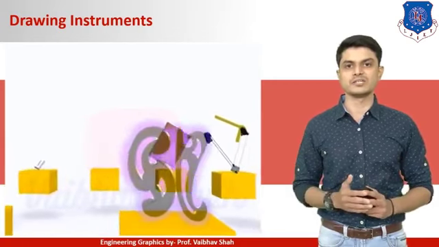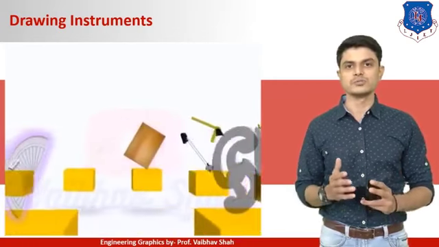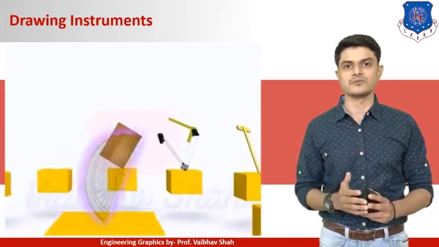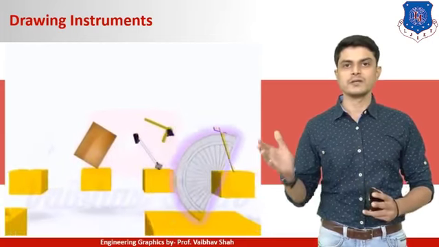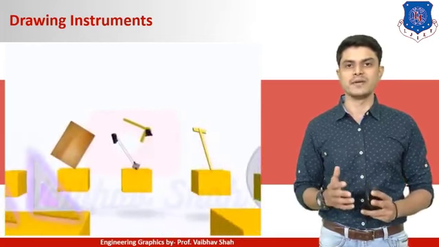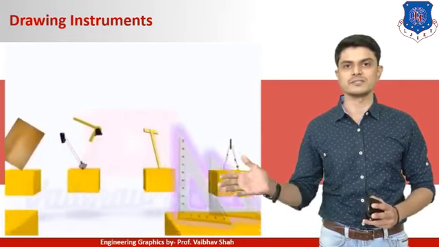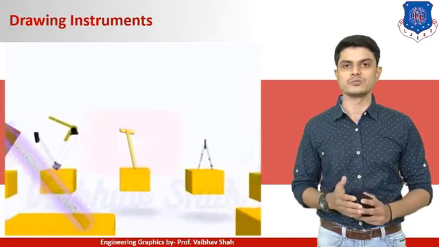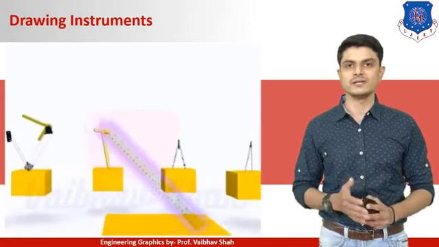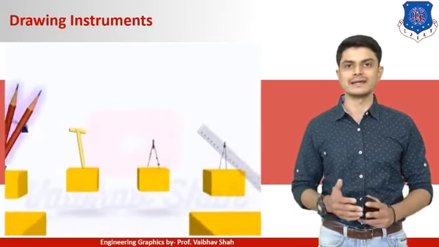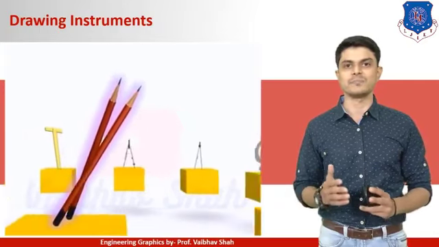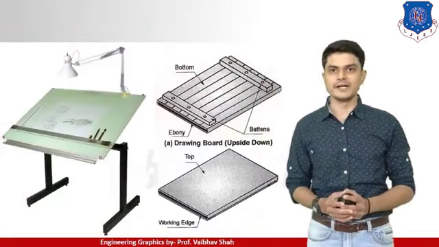These are known as your French curves. You can use these curves to join the points and have a smooth curve generated with the help of it. You can have this protractor to draw and measure at any given angle. These are known as set squares, 45 and 30-60 set squares. You can use them to draw any angle. This is known as a ruler to draw a straight line, and these are finally the set of pencils you need. So let us move ahead.